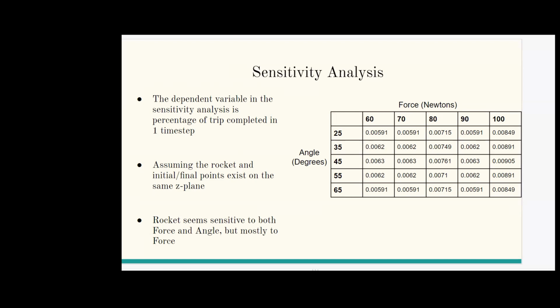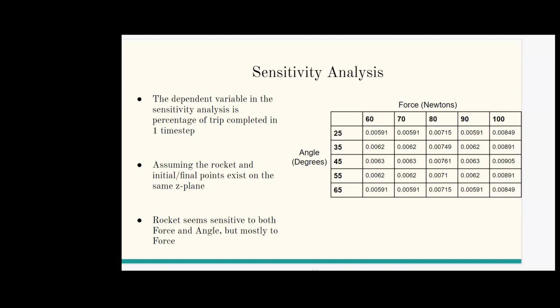We learned from this analysis that the rocket is sensitive to both force and angle, which we expected, but mostly to force. So you can see that as the angle of the thruster changes, the trip does not change significantly, at least in the first time step, but force does. For example, at 80 newtons and 25 degrees, the ship is still completing less of the journey than at 100 newtons,